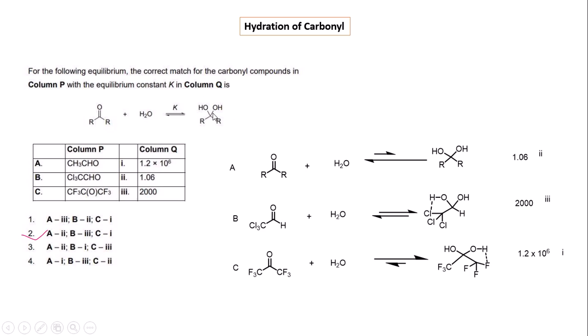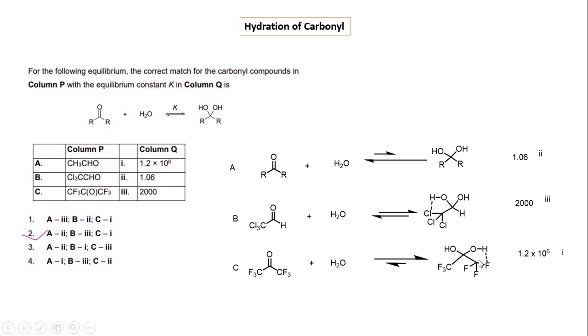and this gem-diol intermediate is formed with different substituent variations, such as if R equals methyl in the case of acetaldehyde, then this is the gem-diol of the acetaldehyde, and this is the chloral. After the hydration reaction, it produces the gem-diol of the chloral, and this is the hexafluoro-substituted acetone, which produces the gem-diol intermediate. And we know that the intramolecular hydrogen bonding stabilizes the gem-diol intermediate, and this intramolecular hydrogen